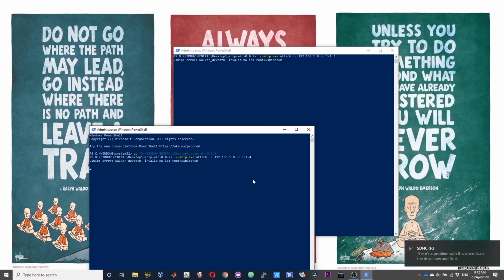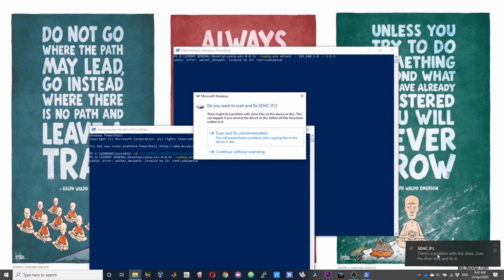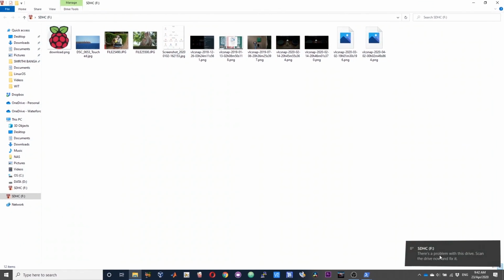Now we will have the card reader as well as the USB DAC attached. I've got the USB DAC over here and I have got the card reader.